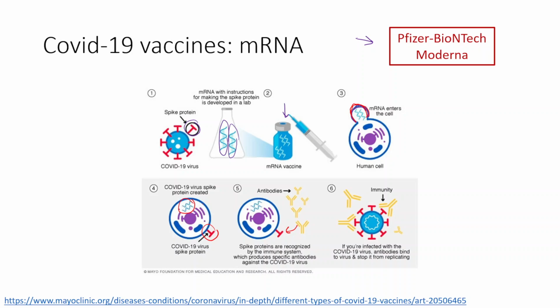So the actual mRNA part of the vaccine doesn't stick around very long in your body. Your body uses it to make protein, and then the mRNA eventually gets broken down and recycled. And the spike proteins eventually all get eaten up by components of your immune system because they're not part of your body. And so what remains after that vaccine is memory in the form of antibodies that are patrolling around